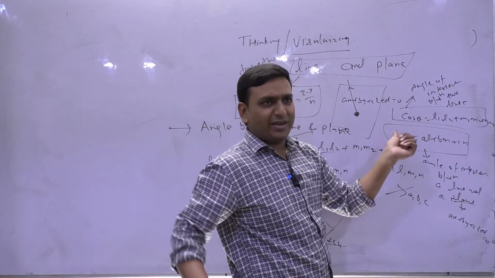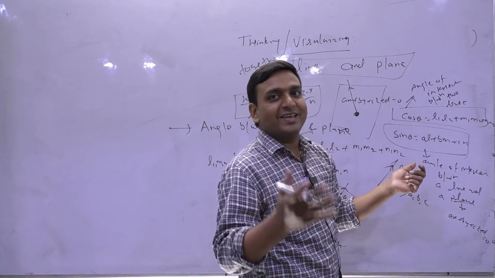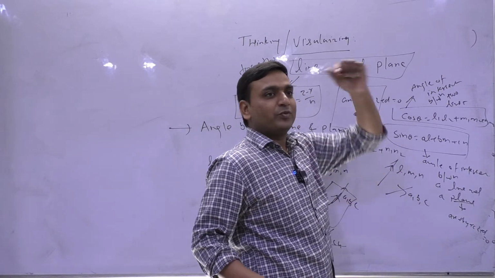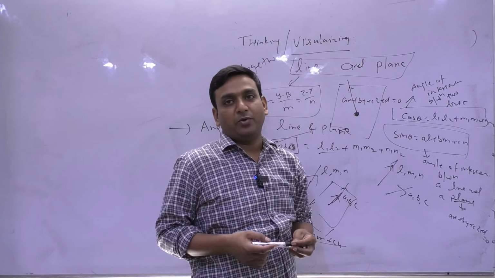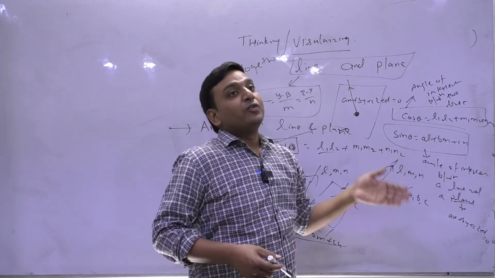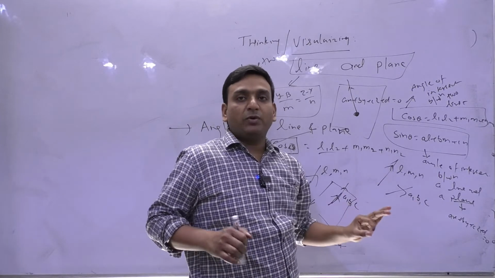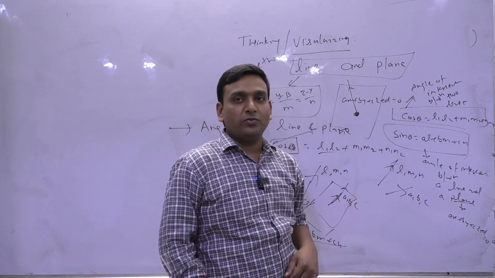Line के लिए LMN. तो जो trend you can say, line, when I talk about line, so it is always we thought of x minus alpha upon L equals y minus beta upon M equals to z minus gamma upon N. We think about plane, so we think about ax plus by plus cz plus d equals to 0.